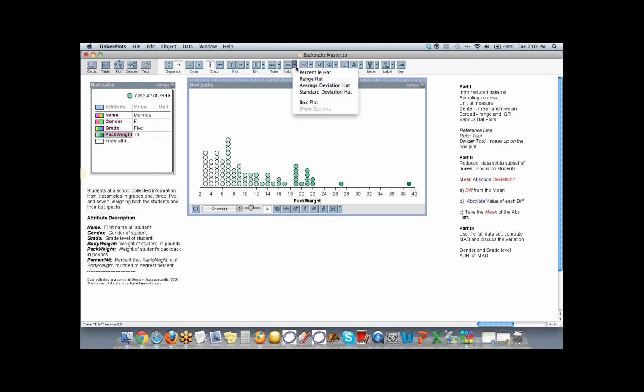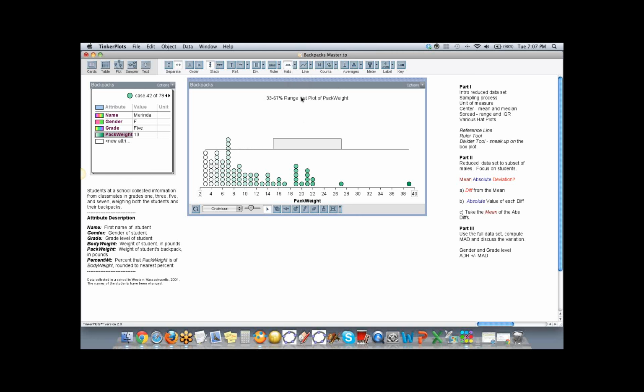So where do we want to go with variation? Let's start with looking at some of the hat plots that we have here. A 25 to 75 percentile hat plot is going to do the same thing as a regular box plot. So notice if I switch this to a box plot, they're exactly the same except for what? The median goes into that. So let me put the percentile plot back up. But they are different in TinkerPlots. We can actually change the brim of this hat. So if you have an application where you want that to be different, you can actually drag either side of the crown and change that. So I want to show that.